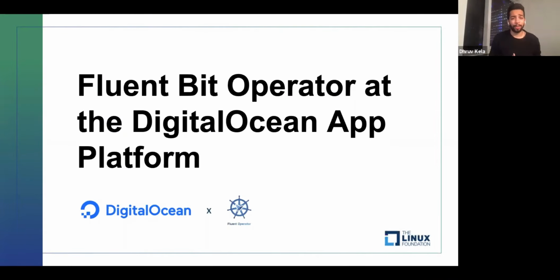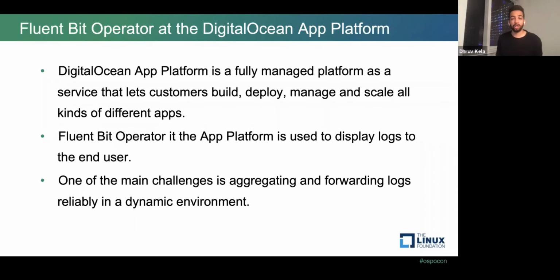We use Fluent Bit Operator at DigitalOcean and for the DigitalOcean App Platform. DigitalOcean App Platform is a fully managed platform as a service that lets customers build, deploy, manage, and scale all kinds of different apps. The Fluent Bit Operator in the App Platform is used to solve the problem of logging and displaying logs